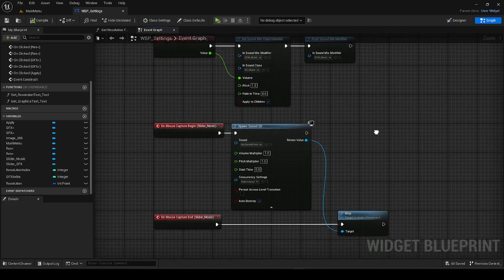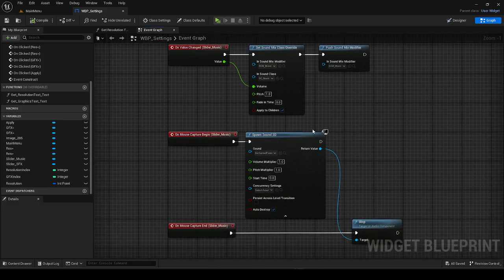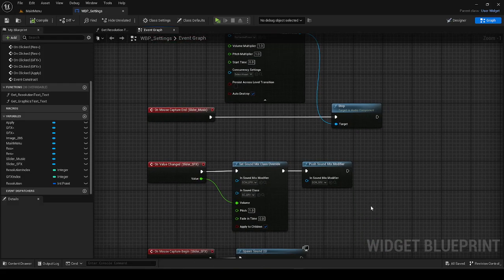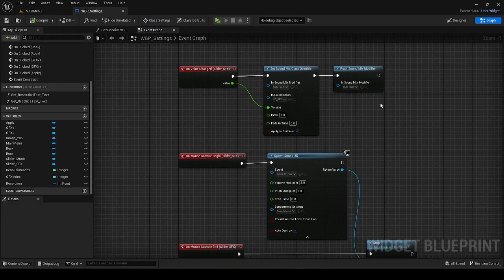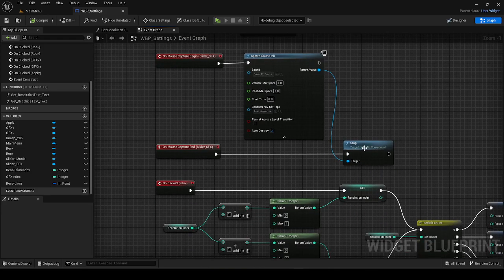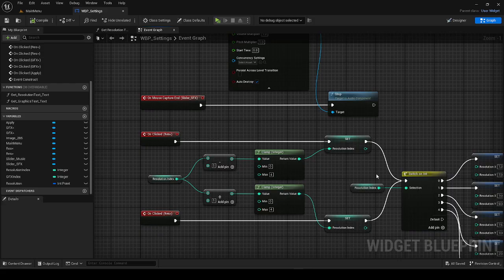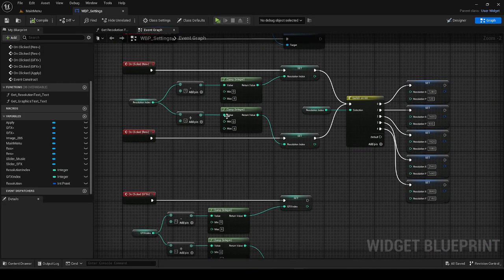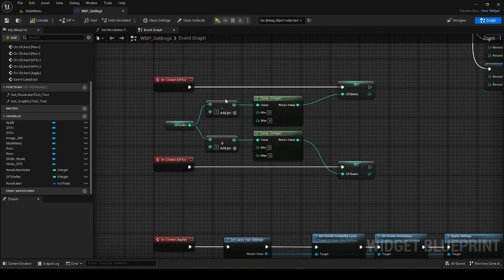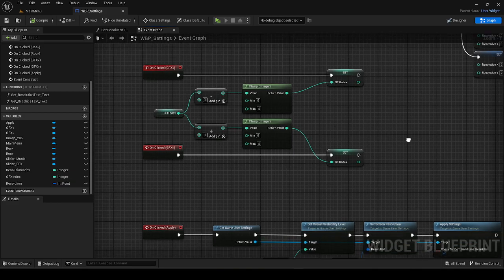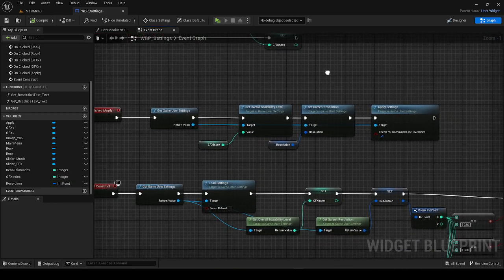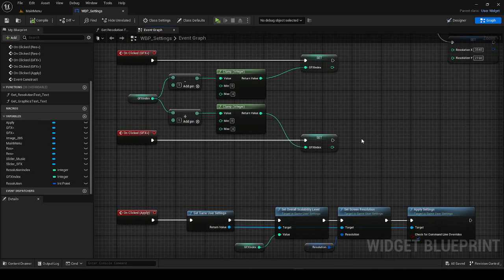We've got it to stop when you let go, and it actually plays music, so you know what volume you're adjusting to. And then obviously this is the resolution, setting the resolutions, setting the quality of the graphics,